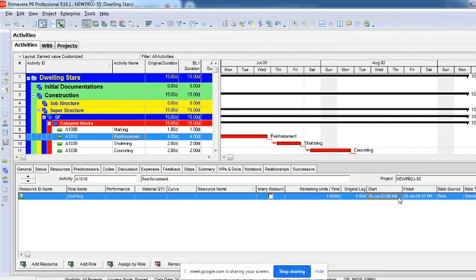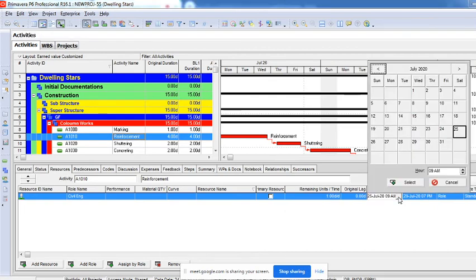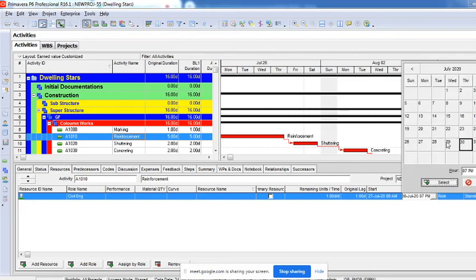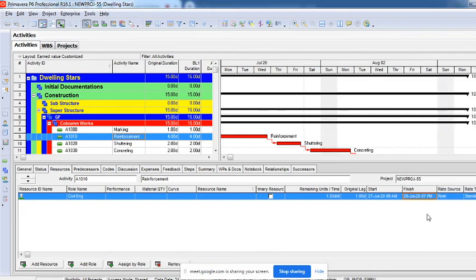This activity starts on 25th, but for this particular role there's no work on 25th. These people have to work from 27th to 29th. Now you can see the activity might have started on 25th, but the work is starting from 27th to 29th, only for those 3 days or 2 days this role has to perform. Other days some other roles have been performed on that activity. So that can also be done. You can change the start date and end dates also.